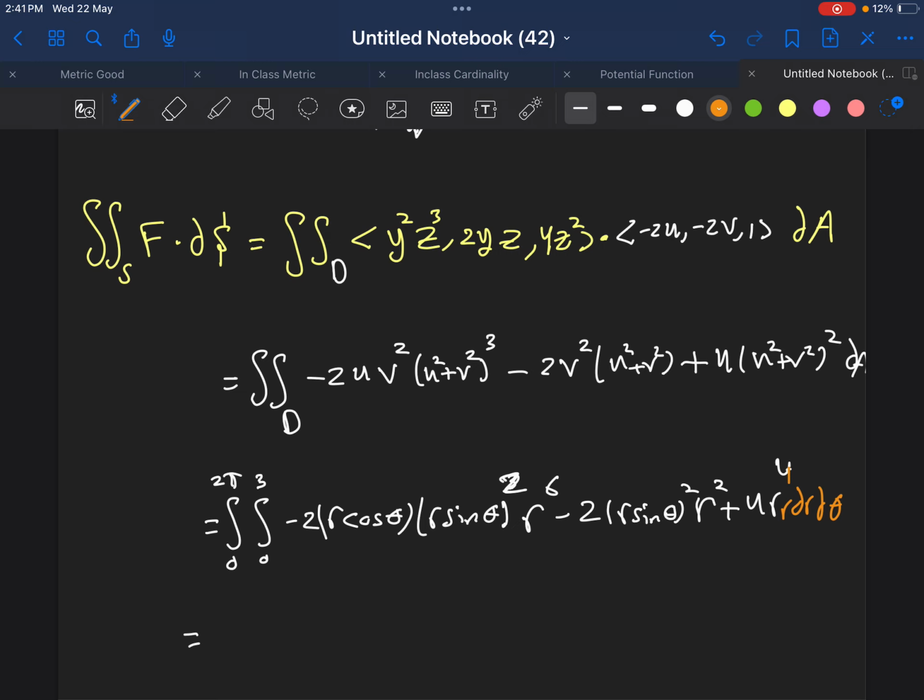It will take some time to evaluate this one. This is not an easy integral to evaluate directly, but again, we can do it and find the answer, and we can verify that this answer is